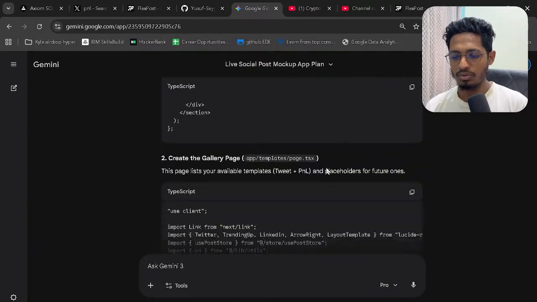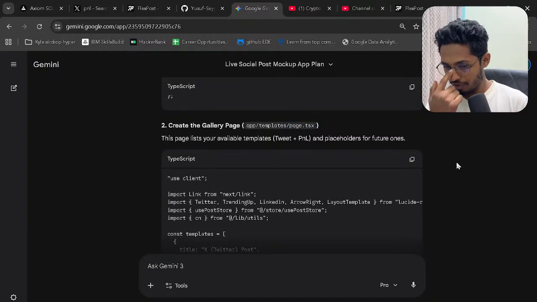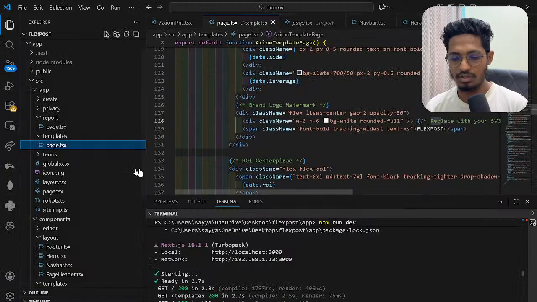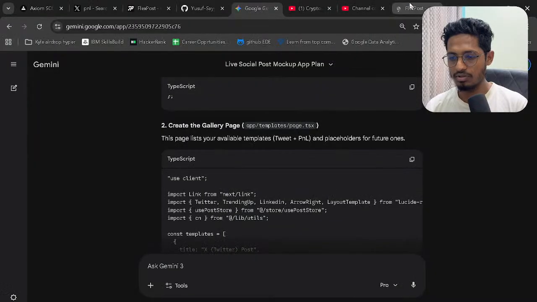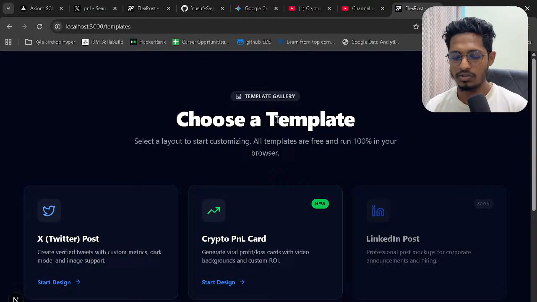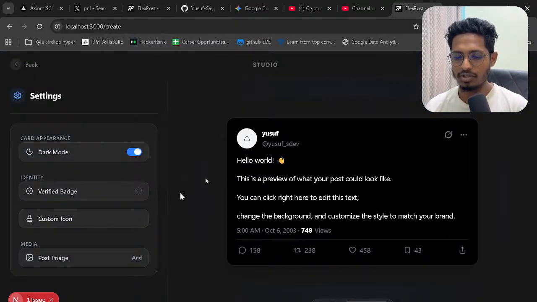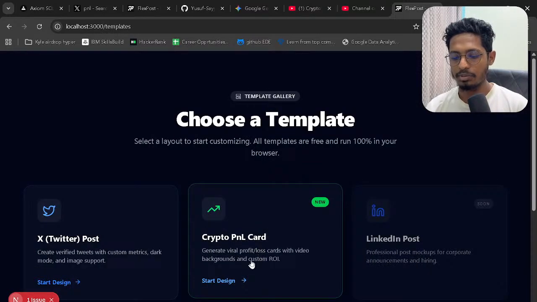And also we have this templates page.tsx file where it will list, like this, choose a template. So let's suppose there is X, there is a crypto PNL card, and there is this LinkedIn, which will be coming soon also. So if we click on X, then it will go on to this here. And if we click on, let's say, browse crypto PNL card,